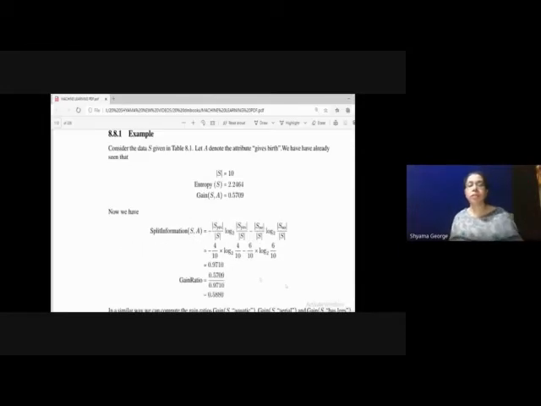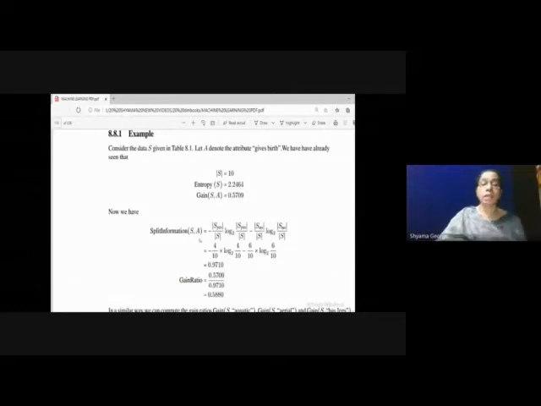So after finding out the gain, you have to find out the difference between gain(S, A) and the split information SA. In split information SA, we are not considering the class labels. We are considering only the distribution of values. When you want to find out the gain(S, A), we have to consider not only the distribution of values, how the values are divided, but we have to consider how the classes are distributed. But in the case of split information, we are considering how the values are divided, not how the classes are divided.